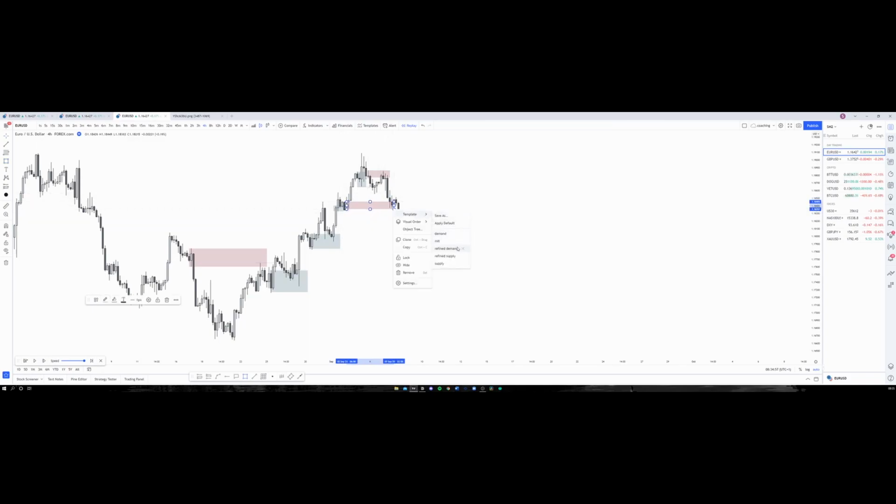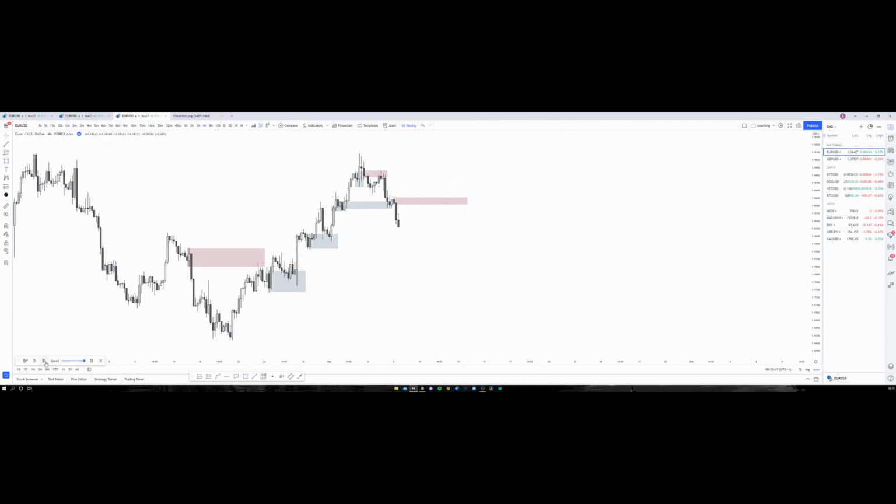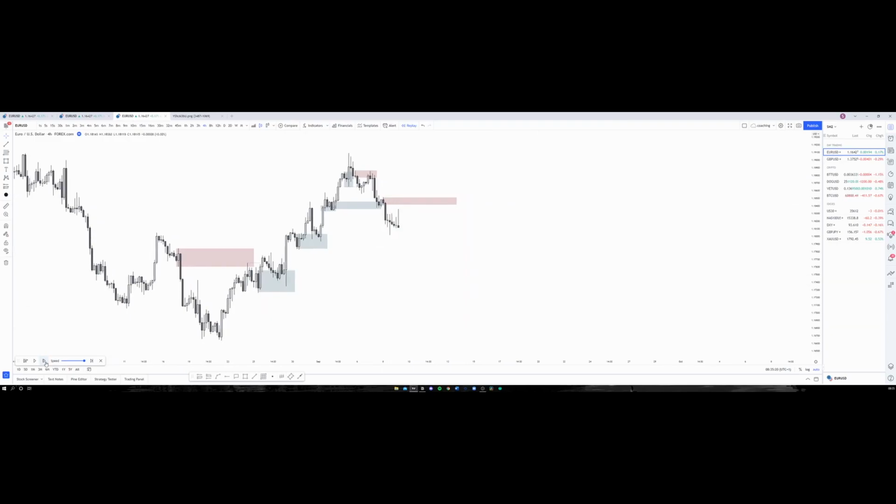Price comes in, mitigates, fails to follow through and run the high. So we now have a valid SD zone, right? There's lower time frame and stuff in here that would make more sense, but yeah, we have this zone. Price comes down, mitigates this zone. So here, with other stuff to do with structure and things like that, we can take a buy, because if we're looking at this from a structural perspective,